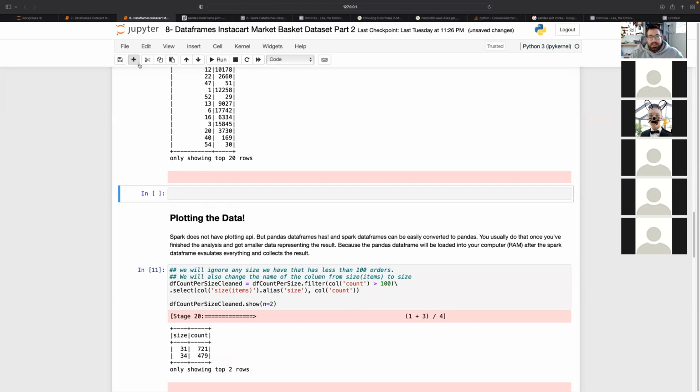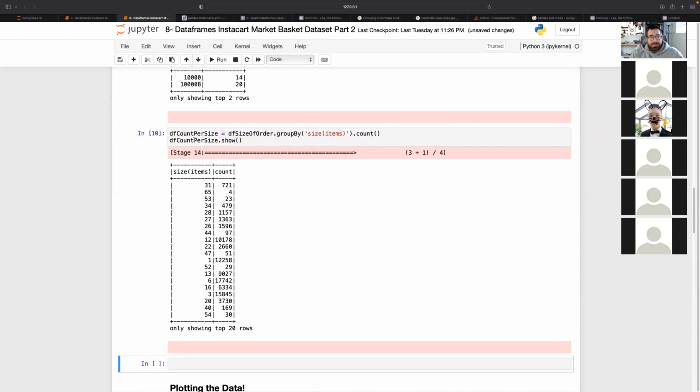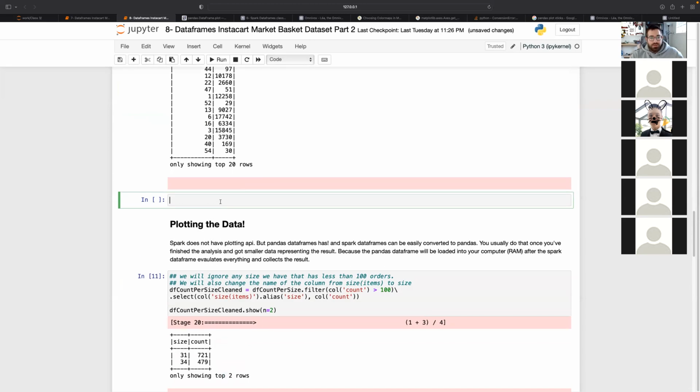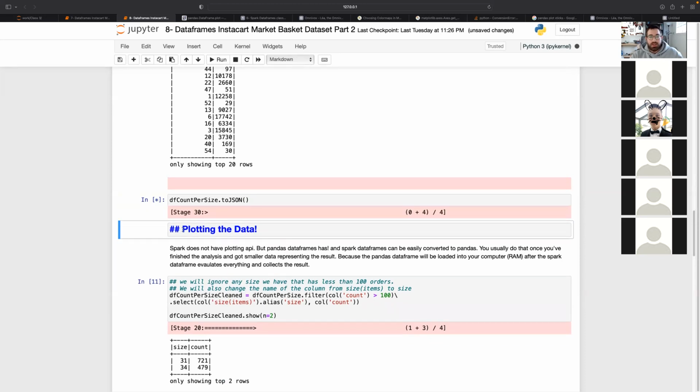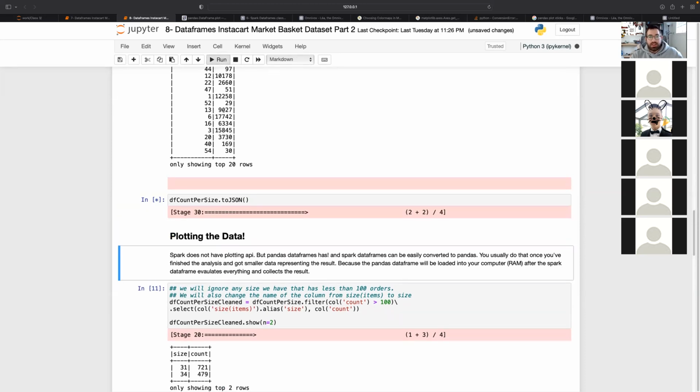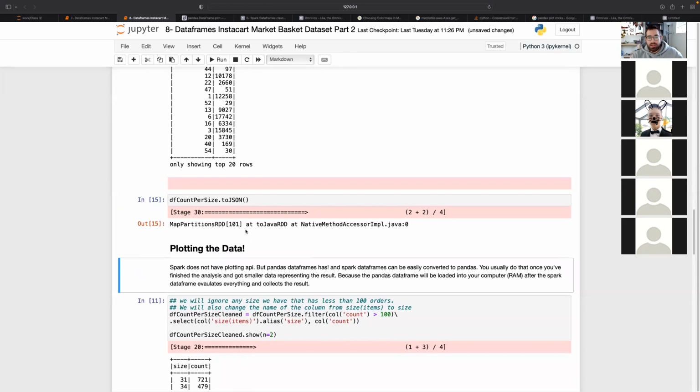So in fact, this is the data frame we have. And if you do .to and you see what we can convert to, there are a few things, like a JSON object would be one of them. If we get this as a JSON object, it's going to collect all the data, and it's going to return a JSON object with the data,